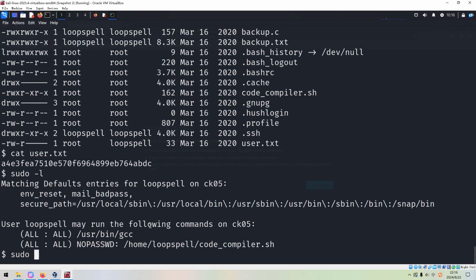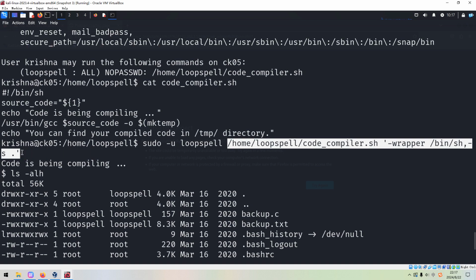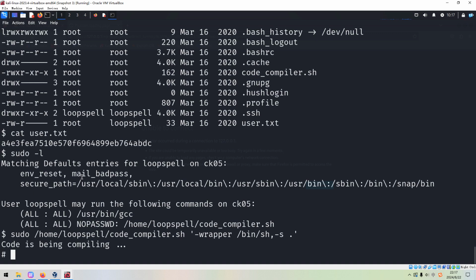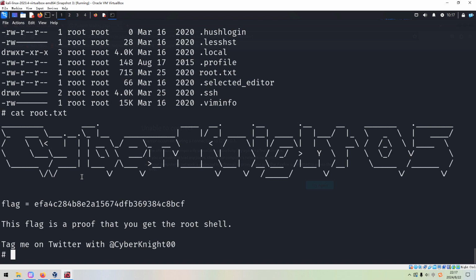So we run sudo, and we can copy this part, paste it over here, and press enter. From the pound symbol, we can tell that we have been successful in privilege escalation. And now we can navigate to the root directory, and then we can grab the root flag without any issue.